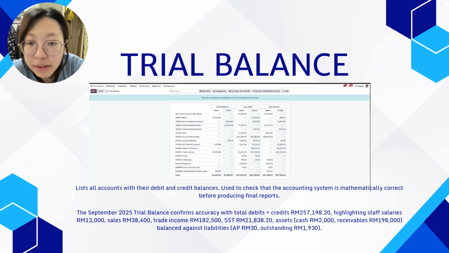This is the trial balance, which lists all accounts with their debit and credit balances, used to check the accounting system is mathematically correct before producing the final report. The September 2025 trial balance confirms accuracy with the total debit and credit